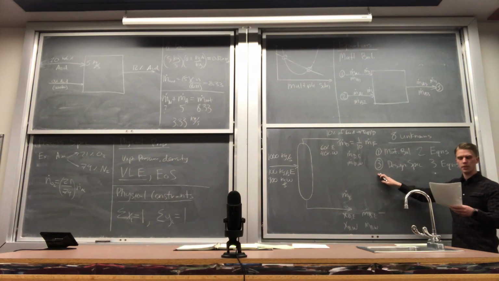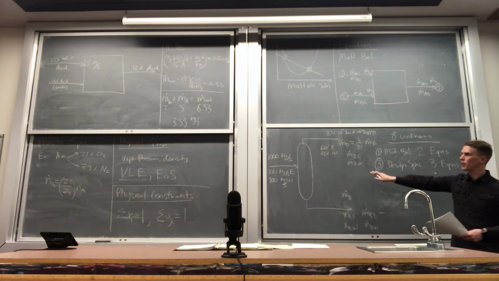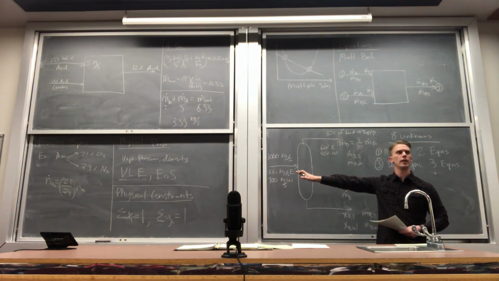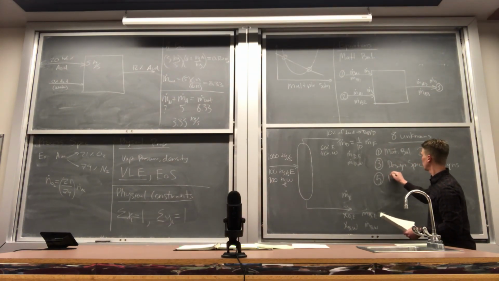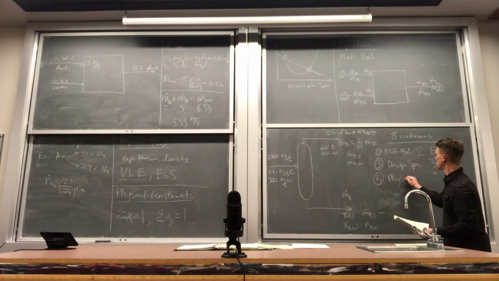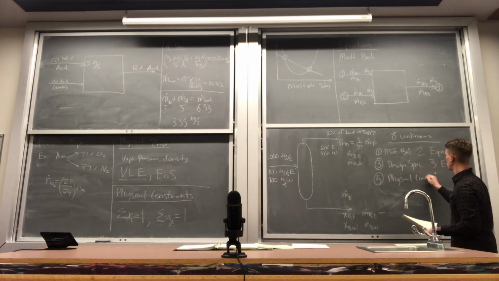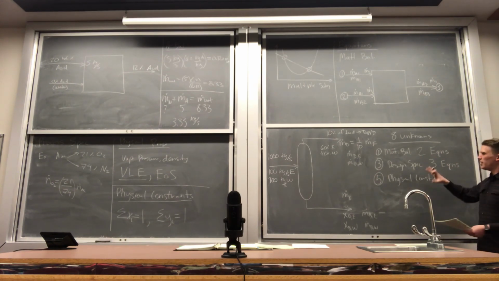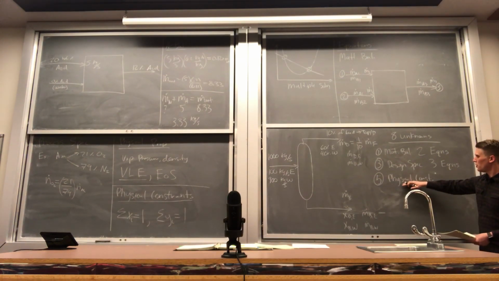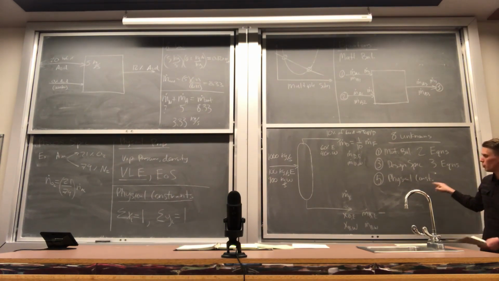4, physical properties. We don't have to worry about any of that because everything is already in terms of the mass flow rates. And then 5, physical constraints. So 2 of these you could kind of say are design specs, and 2 you could maybe say are physical constraints. I count 3 here. So we've got 1